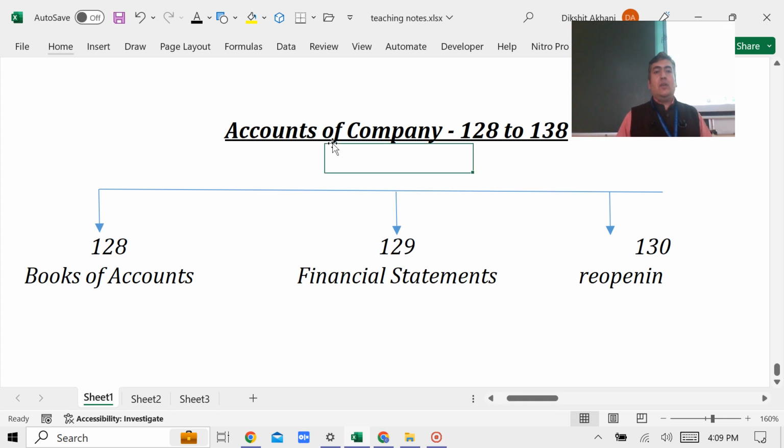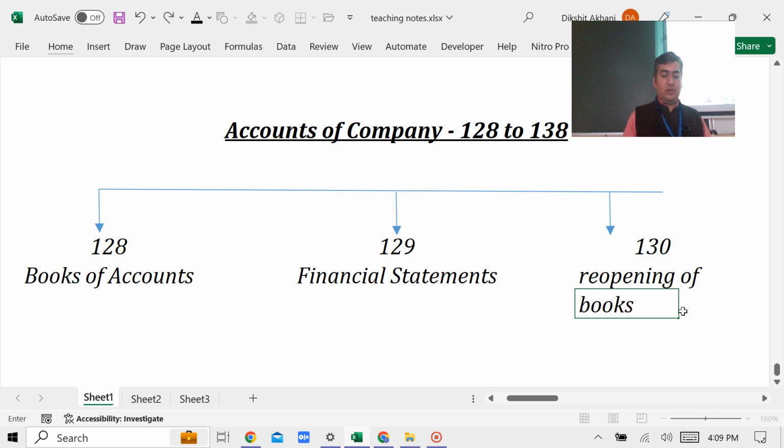Okay, so we are going to learn the new chapter. That's the accounts of companies, section 128 to 138. 128 deals with the books of accounts. 129 deals with the financial statements. 130 deals with the reopening